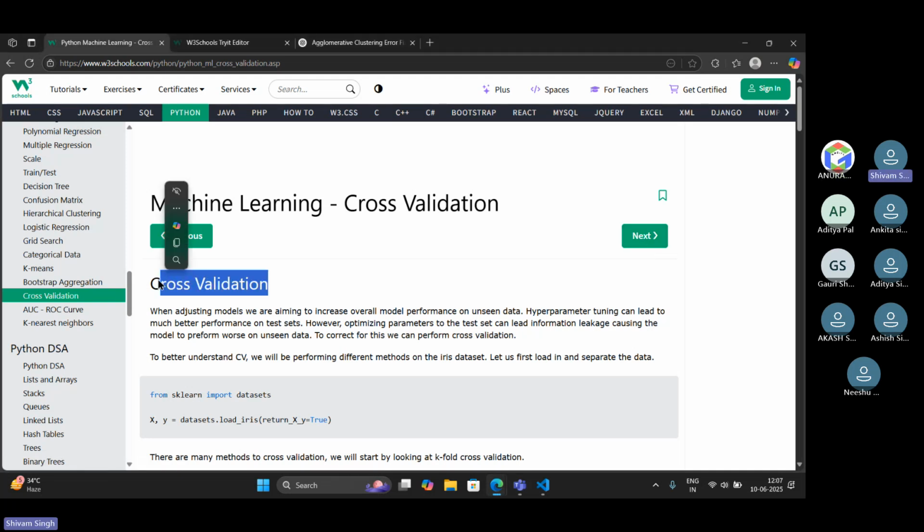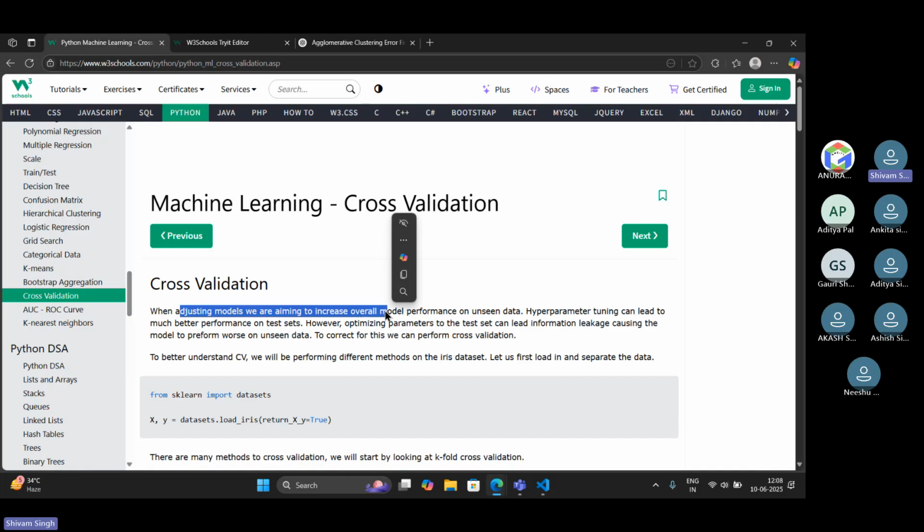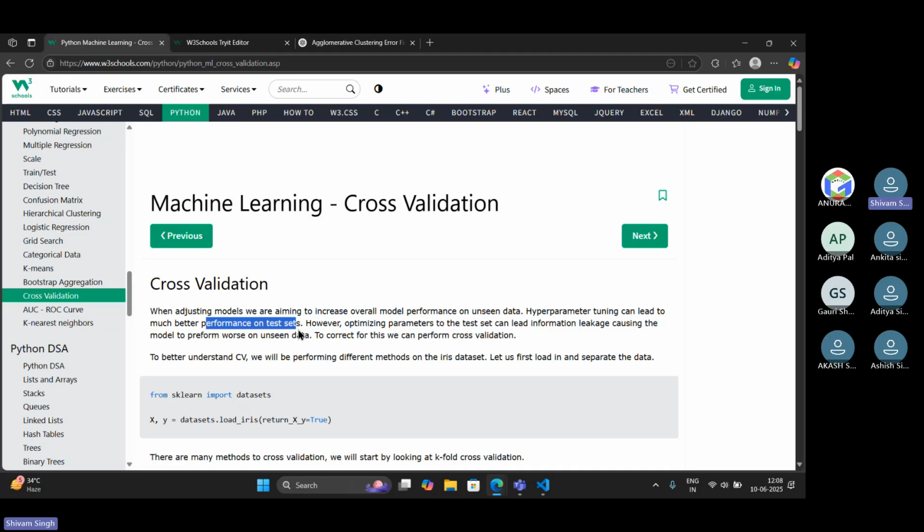Please go ahead. Cross validation. When adjusting models, we are aiming to increase overall model performance on unseen data. Hyperparameter tuning can lead to much better performance on test sets. However, optimizing parameters to the datasets can lead to information leakage, causing the model to perform worse on unseen data.